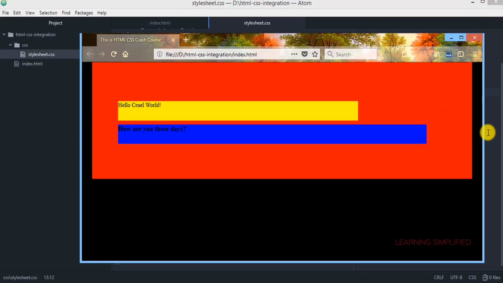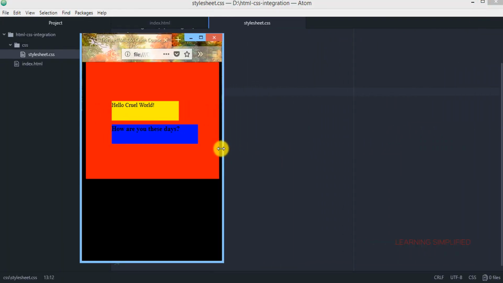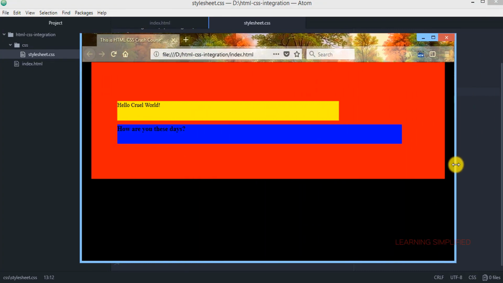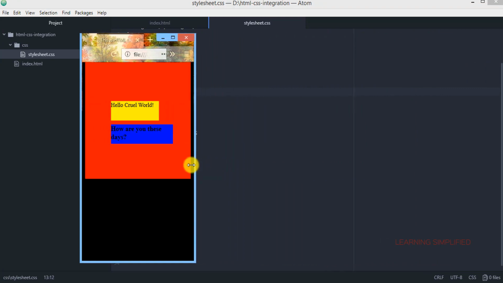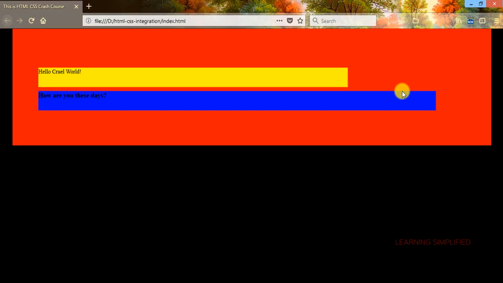Now if we shrink it down, then we can see that the boxes are working in accordance to the red box. See over here yourself, when we are shrinking it, these two boxes, this yellow box and this blue box, both of them are shrinking accordingly because these two boxes are practically relative to this mother wrapper only. So in some cases it could be fruitful or it may miss some display features.